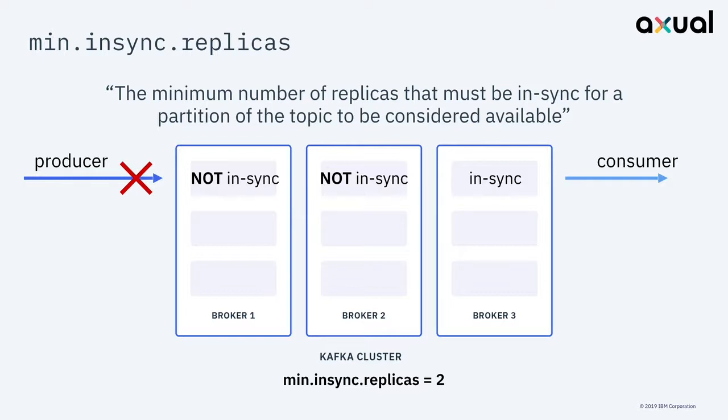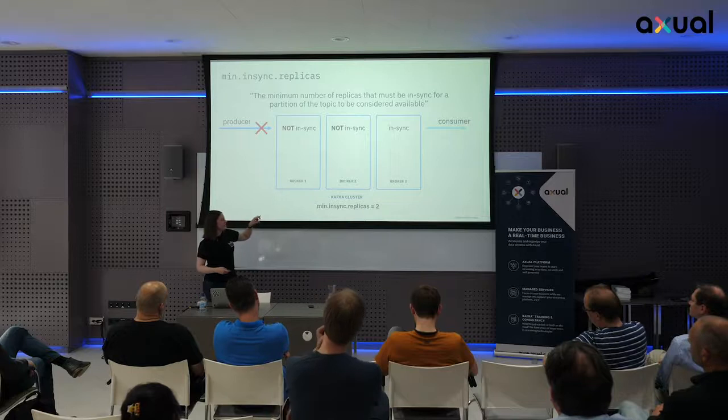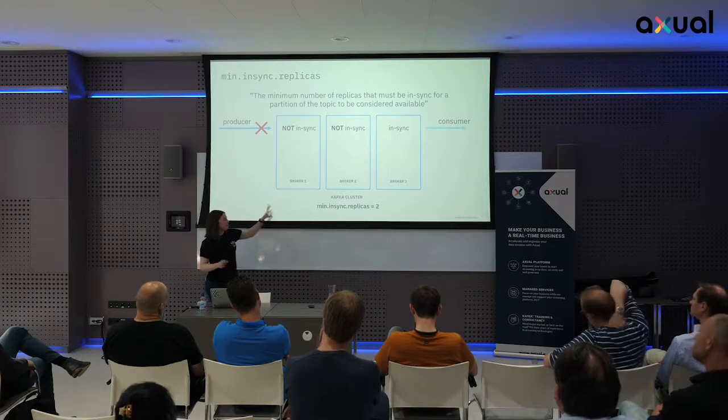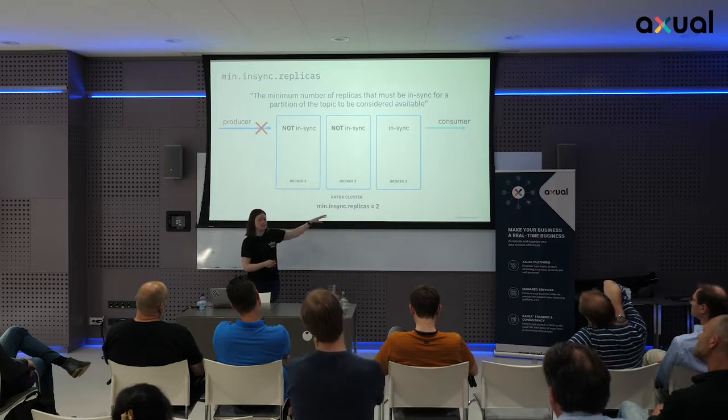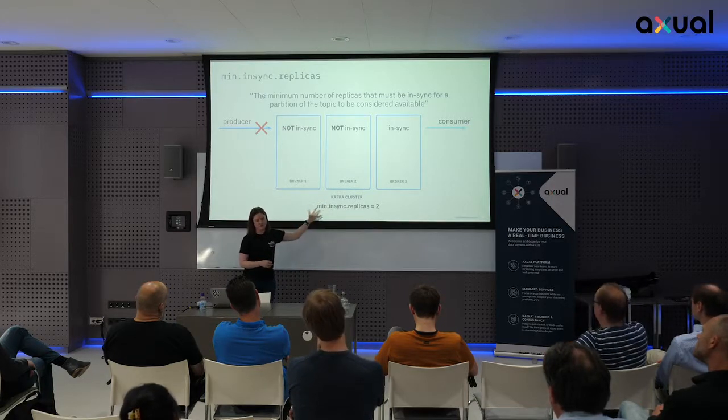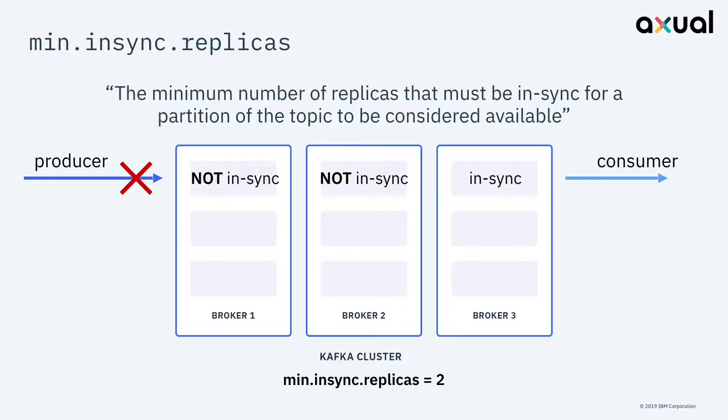If everything went down, then your consumers would disconnect as well, because when they try to send the heartbeat, that wouldn't work. This setting is an interesting one, I think, because if you get it wrong, you can set min in sync replicas to 3, and then as soon as one goes down, you're in trouble. So it's an interesting setting to know about for Kafka, because it can make quite a difference to how your cluster performs.